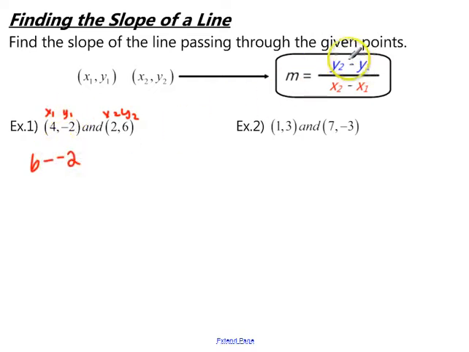Now remember, minus is in the formula, so if you have a negative number, you're going to end up with a double negative, and we'll address that in a minute. And on the bottom, we have x2 minus x1, so that's 2 minus 4. Now on the top, that double negative means it's plus a positive, so we actually have 6 plus 2 is 8, over 2 minus 4 is 2. So 8 over 2, this is going to give us a slope of